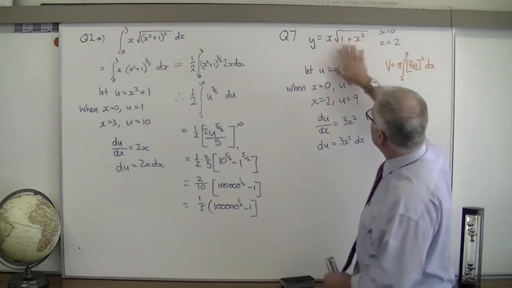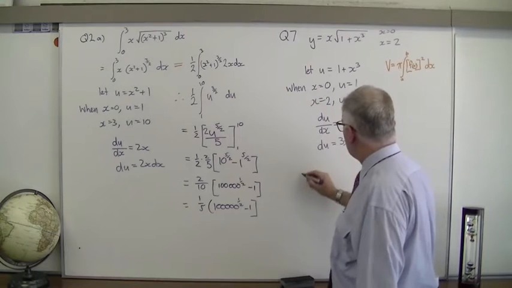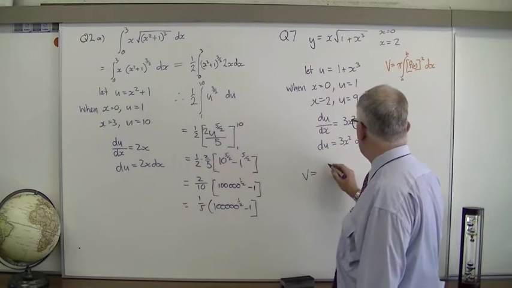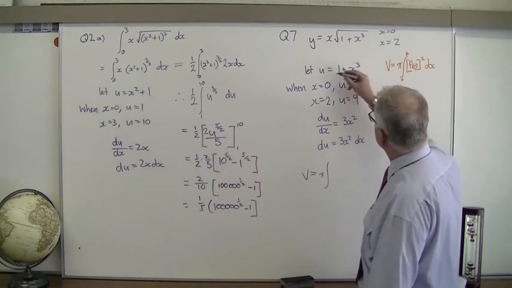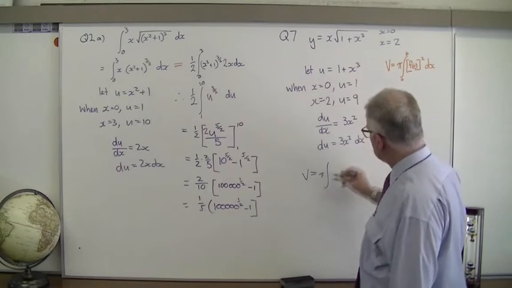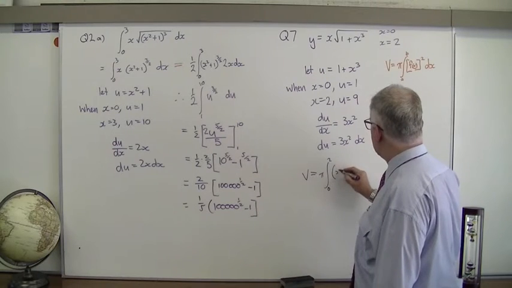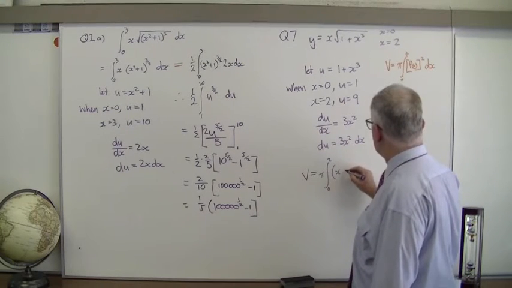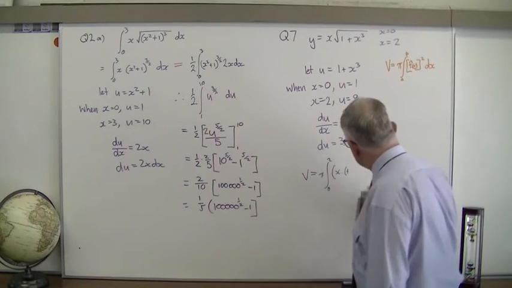Alright, in this case, if we looked at that, we would have that the volume is going to equal pi outside of, and the limits would have been from 0 to 2, outside of x times